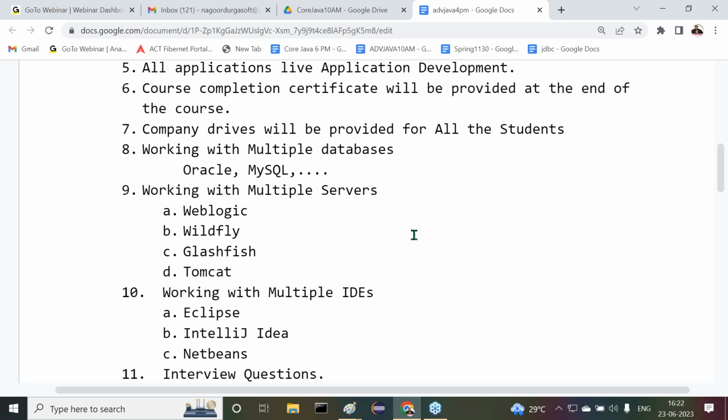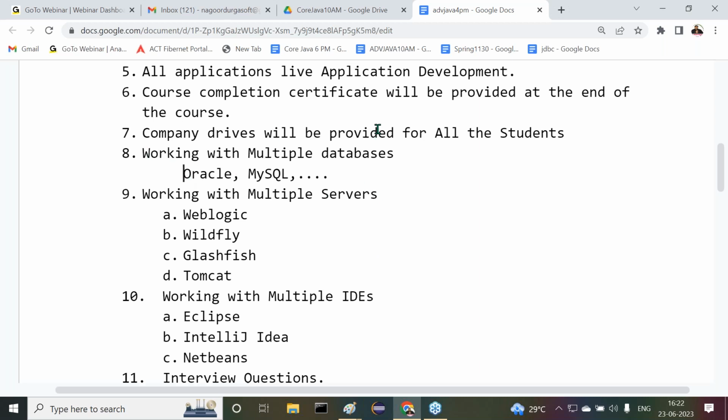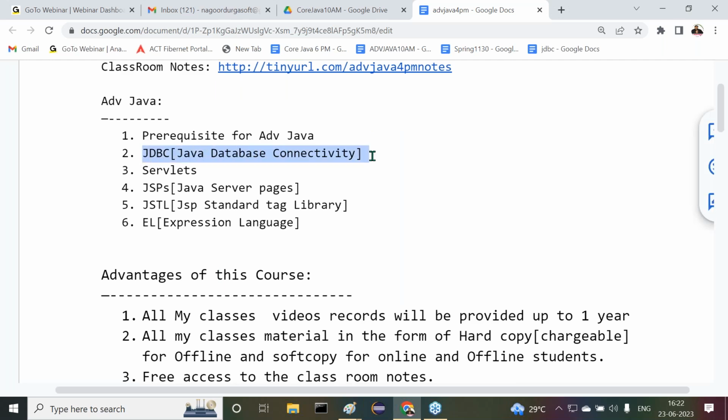Alright, sir. Now the remaining points are required points. Can I understand it clearly? So now observe carefully. JDBC, in the sense Java Database Connectivity. All of you observe carefully what I'm telling. We have to interact with the database from a Java application. That is called JDBC. We already have a database, and a Java program is available. From the Java program, we have to connect with the database, then perform database operations from the Java application.